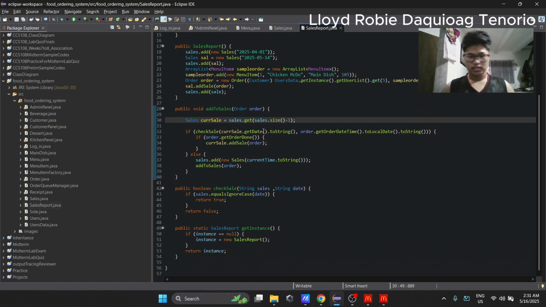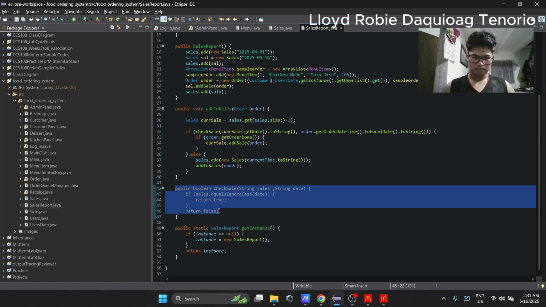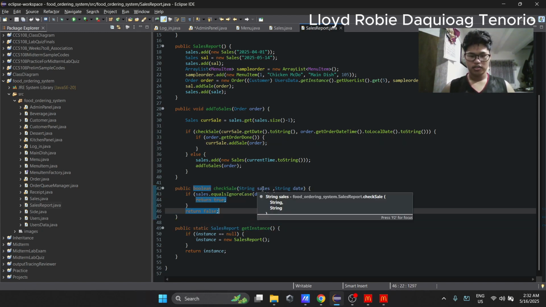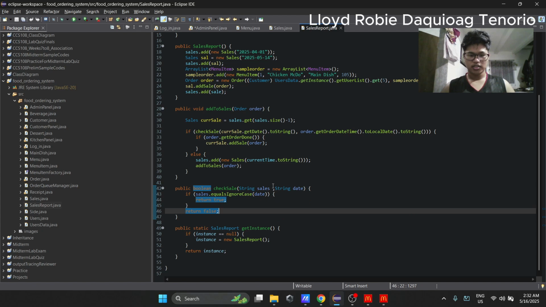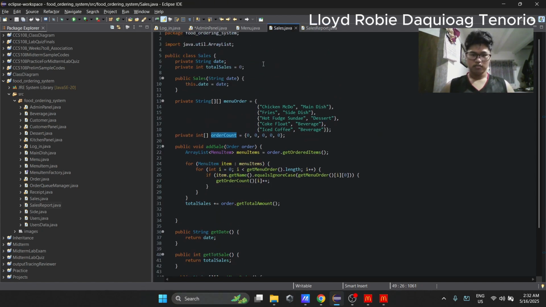Then after that, there is a checking. Inside this, we have checkSale, which is this method. CheckSale will just check if the two strings are equal. In the first argument, we are passing the current sale's date. Remember, in the Sales.java, you have this string date. This sales date is the identifier for that.